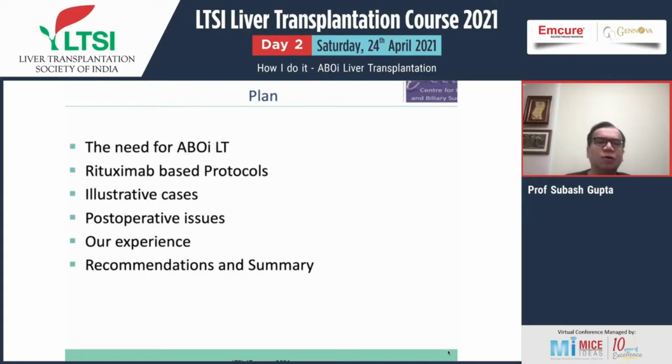And the plan of the talk will be we'll first talk about the need for ABO incompatible liver transplantation. And there is a huge need. And most of the protocols are now rituximab based protocols. And the olden days of splenectomy, graft infusion, prostaglandins have all gone. Then some illustrative cases to highlight how they can be done even in sick patients, post-operative issues that may arise after ABO incompatible liver transplantation, our experience of over 50 cases, and in the end,